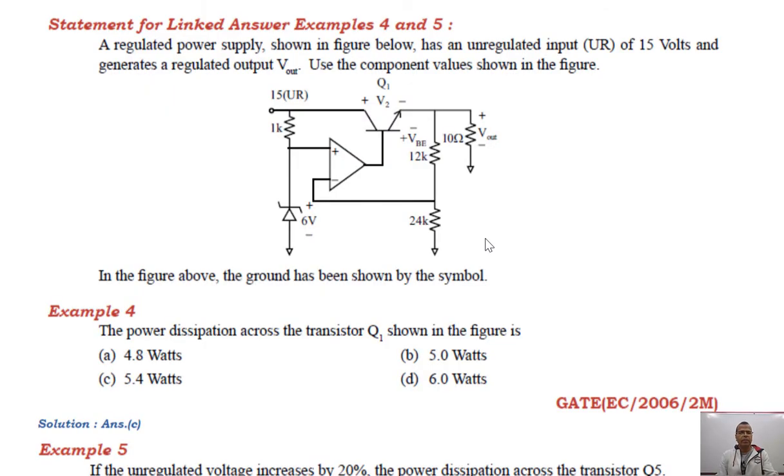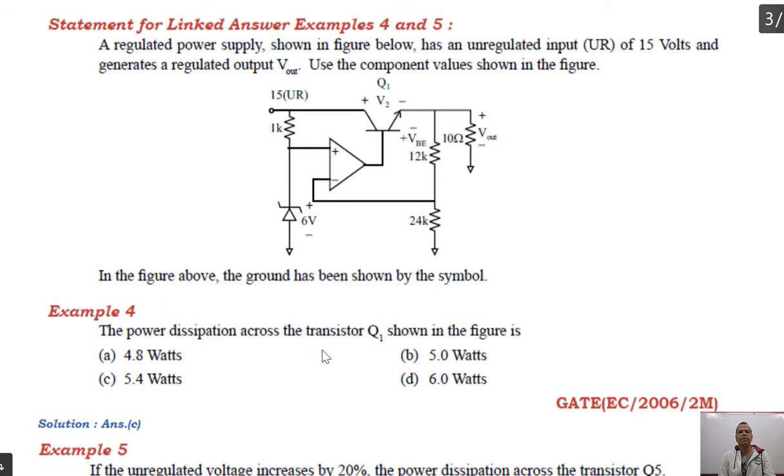Let us take an example on a series voltage regulator based on Opamp. A regulated power supply shown in the figure below has an unregulated input of 15 volts and generates a regulated output V out. Use the component values as shown in the figure, and ground is shown by the symbol. This is ground, right? So the power dissipated across the transistor Q1 shown in the figure is,